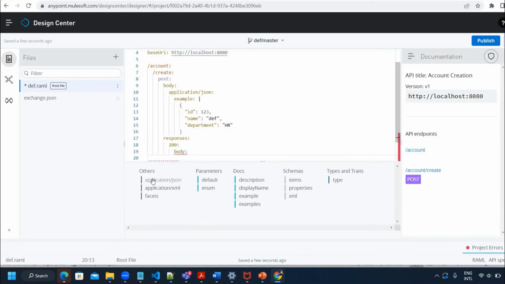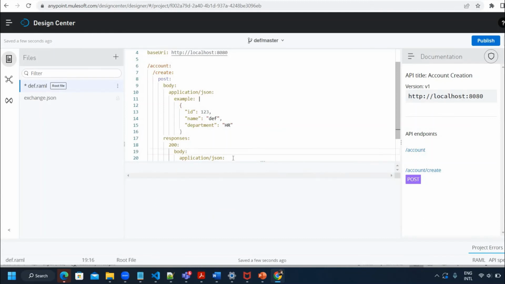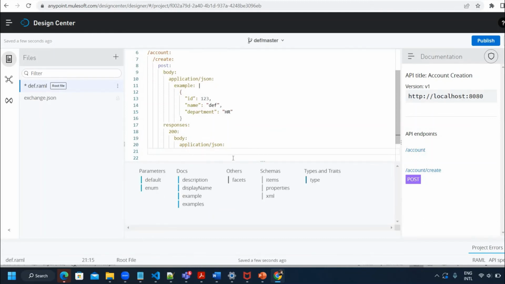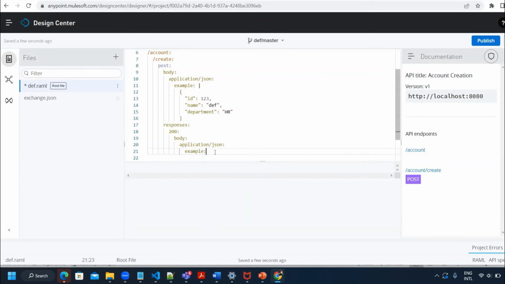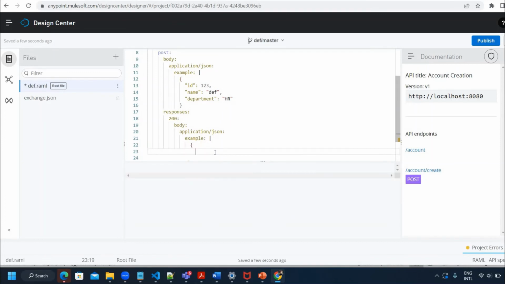In case of server down scenario, what should be the response? See, the response body would be application JSON. Then what would be the response if account creation is successful? Then I can just give the example message that is saying